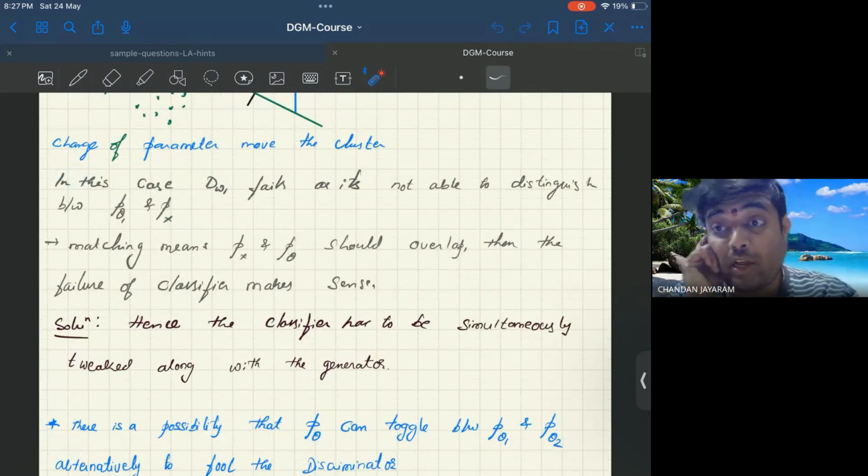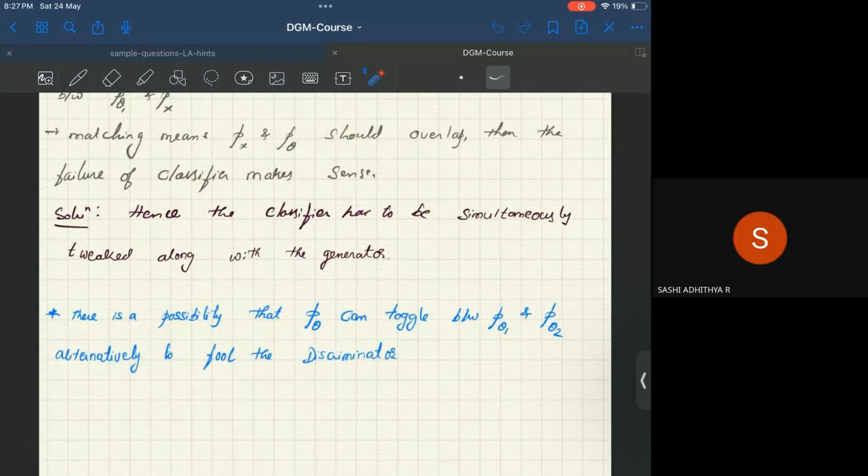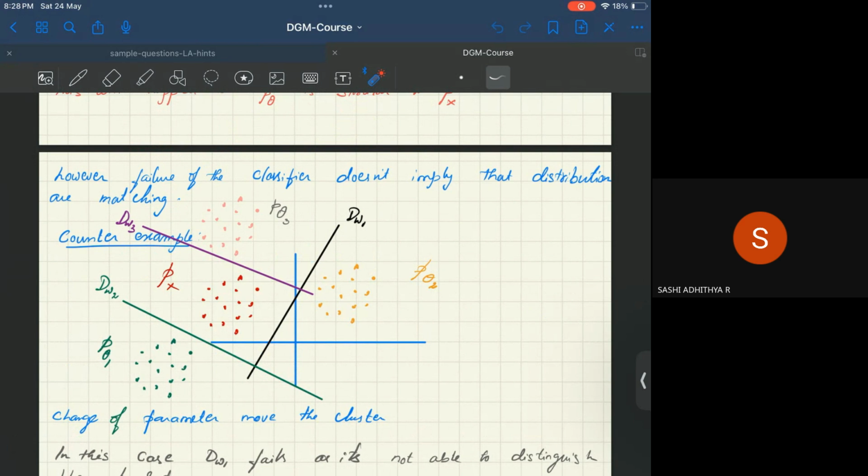Now, why do you think mode collapse happens? Let me ask you this: what did you understand by mode collapse? Since we are tweaking the parameters of both the classifier and the generator, if the model is able to discriminate properly between two clusters, then we create a third cluster by tweaking the generator. Then the model will move over there and perfectly discriminate between two and three, but it will fail to discriminate between one and three. So this keeps rotating among the clusters.